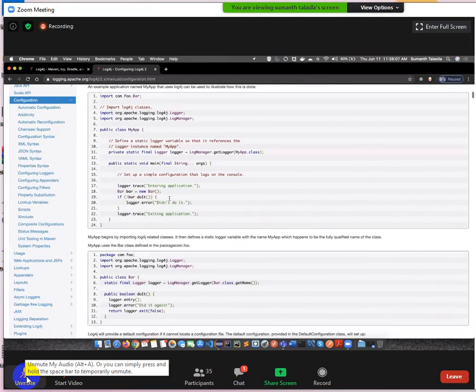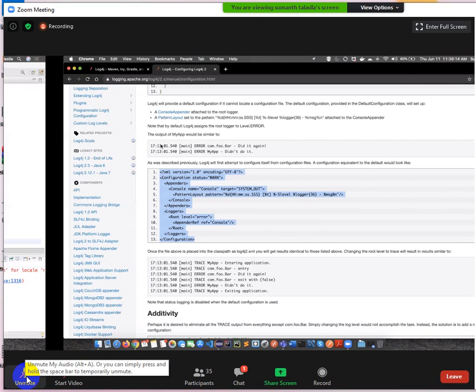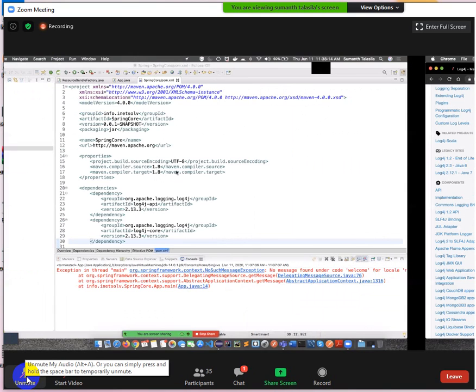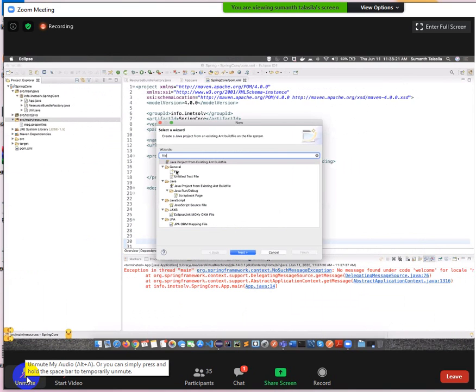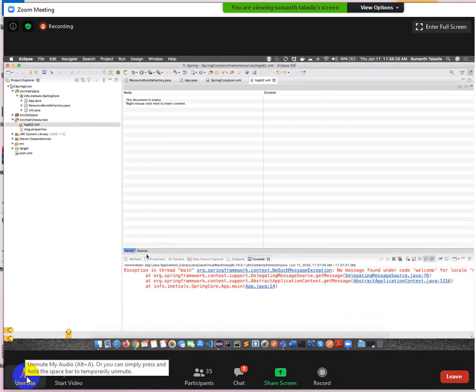Just go to this file. I want to take a sample configuration from here. Go to your resources folder and create another file, log4j2.xml.